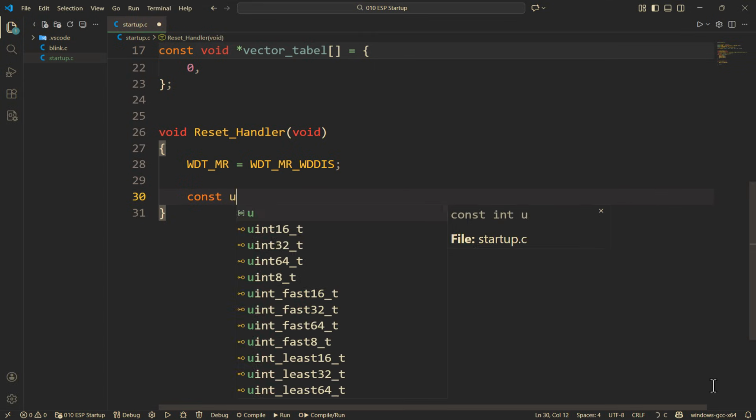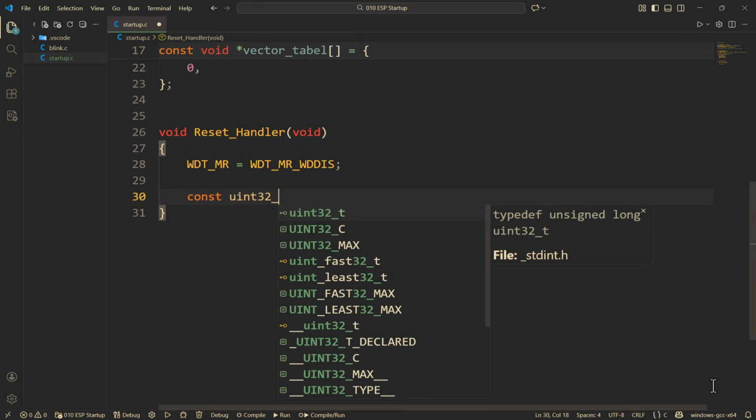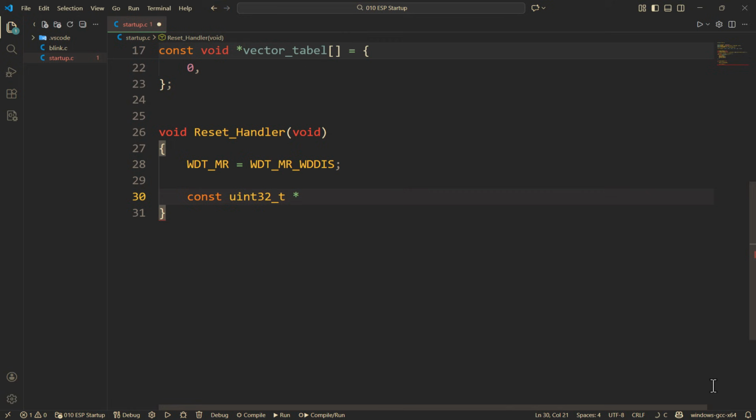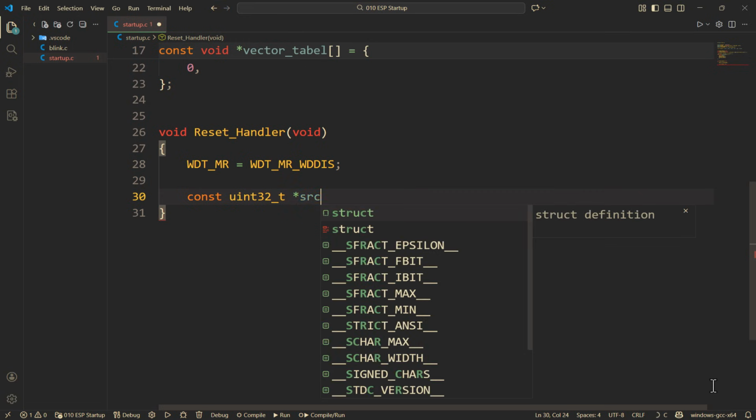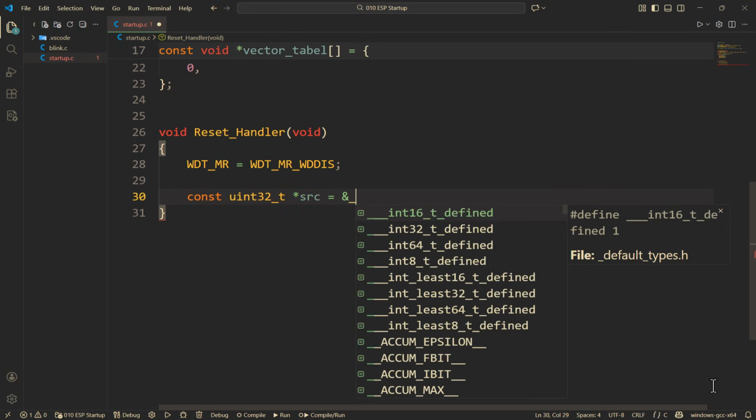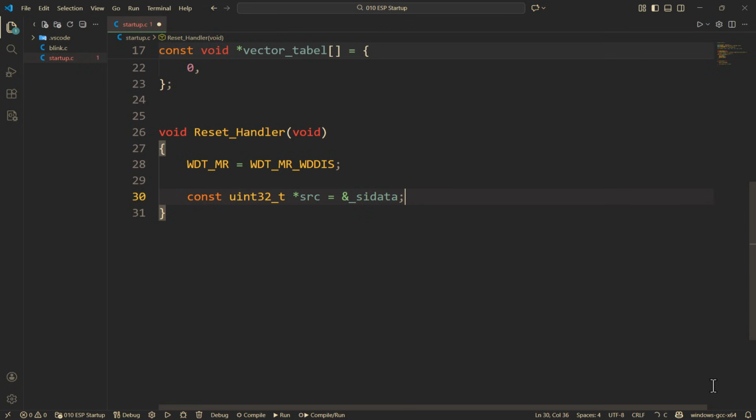const uint32_t *src = &_sidata. We store the _sidata address in a pointer called src, which we'll use to copy its values into RAM. This step is required because the CPU starts executing from flash, but initialized variables must live in RAM during runtime. Then we create the destination pointer in RAM,